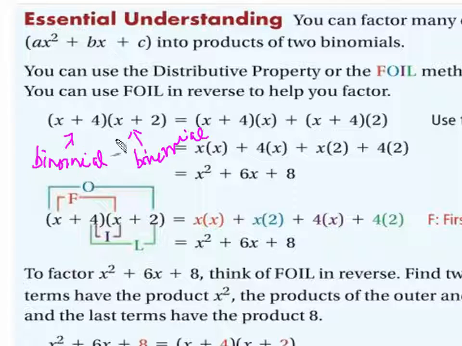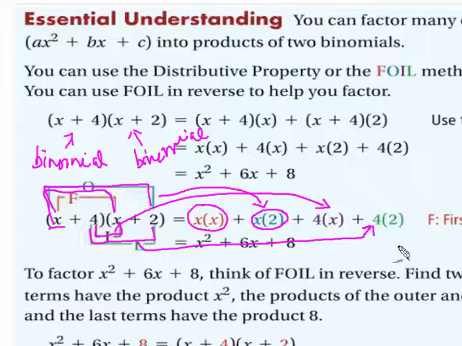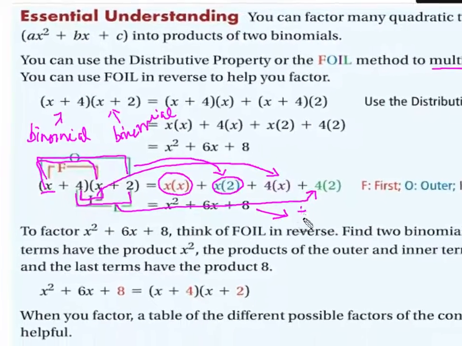When you multiply them by each other using the following method, you have x times x right here, which will give you this one, and then x times 2, which will give you this one, and next you do 4 times x, and the last operation is 4 times 2. So after you do this FOIL, you end up getting this trinomial,